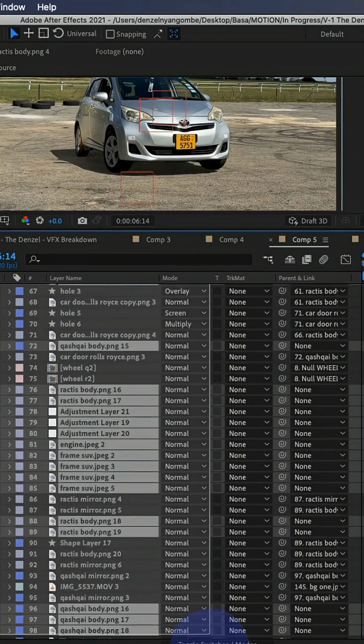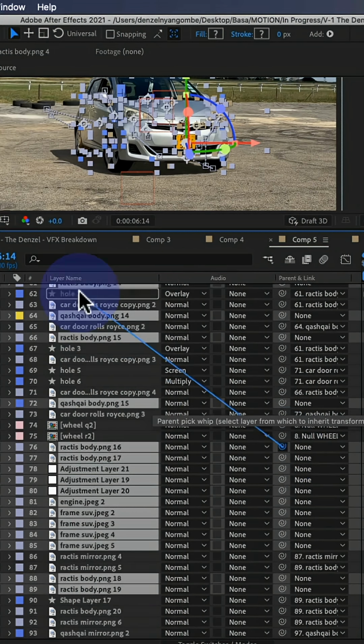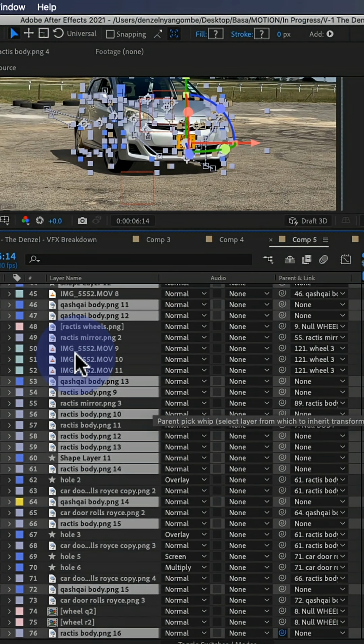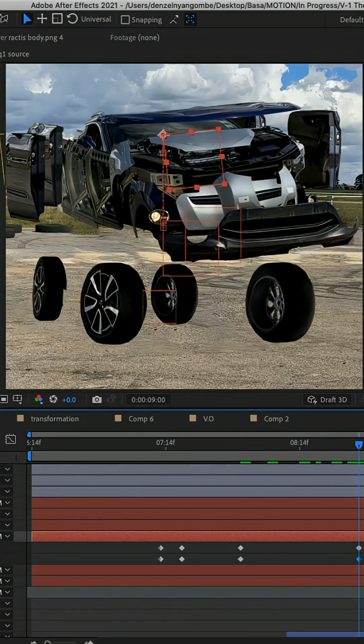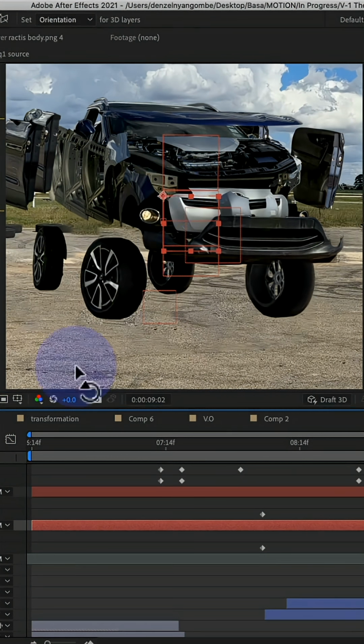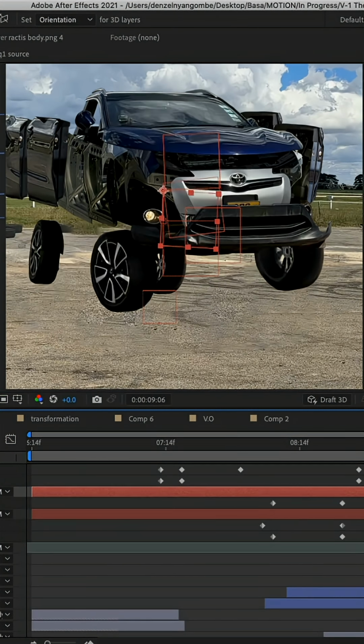So what I then did was I took all the layers of the bodies from the 2 cars and parented them to a null object. I then animated that null object lifting the bodies of the car while leaving the wheels. I created 2 other null objects which controlled the wheels. I also had to animate each of the wheels